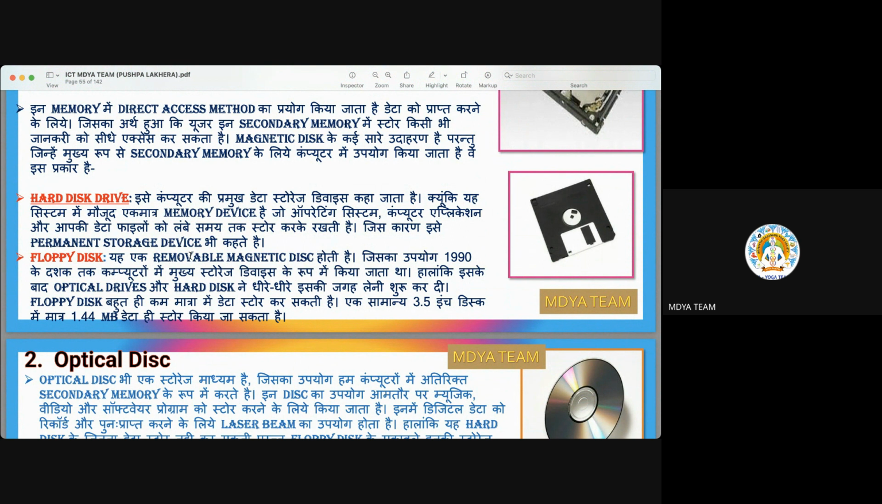Then floppy disk. It is a removable device, like it is not within your computer, but you can insert it, see the program, store the data, and you can remove it like that. So it is a removable magnetic disk. This is also a type of magnetic disk. In the 90s they were used, but their storage capacity is not very much,